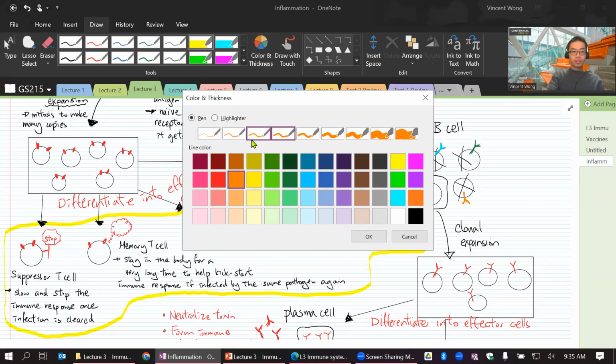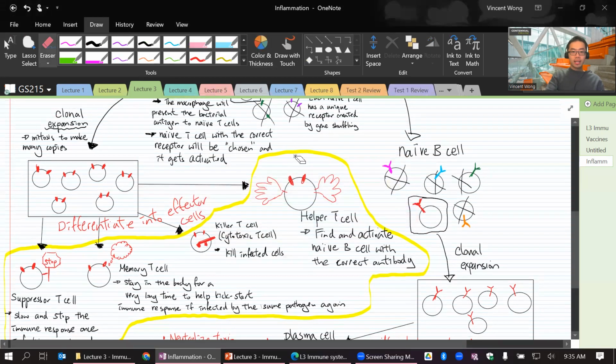I cannot write in yellow because, you know what? Maybe I can. Okay, so all these things are called cell-mediated immunity, because much of the action in terms of fighting the infection is carried out by cells, right? Killer T cells, helper T cells. So these are cell-mediated